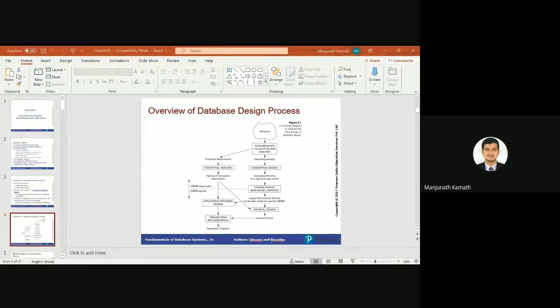Can anybody tell me one more name for these operations usually used in database management systems? Anyone out of the 37 who are present here? In brackets, what do you write? Followed by different operations. See, there are different terminologies which are used interchangeably. What is one more name for the term operation?